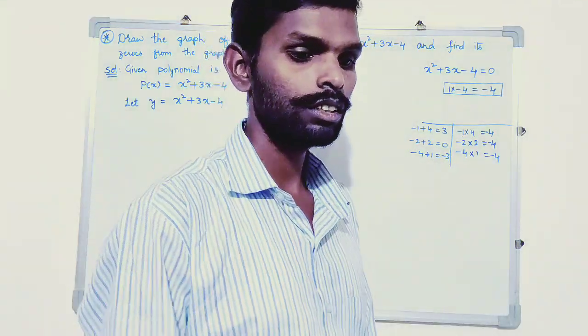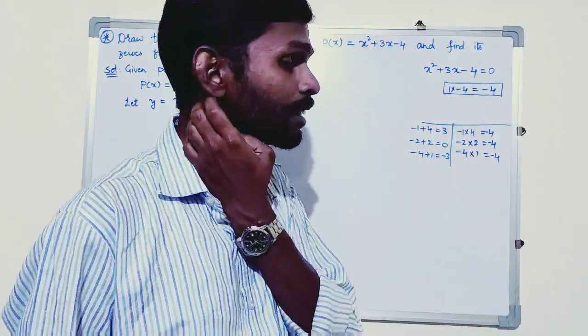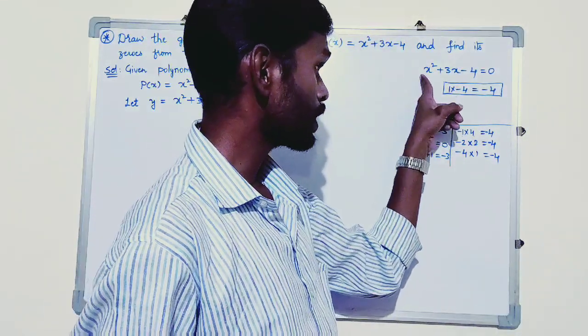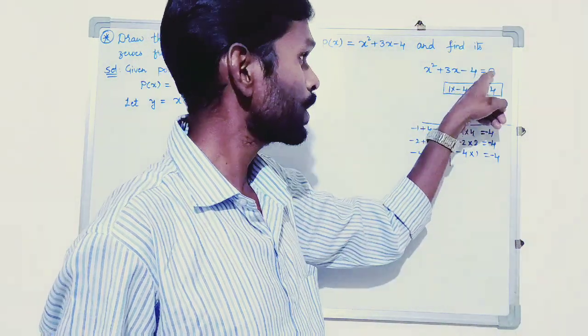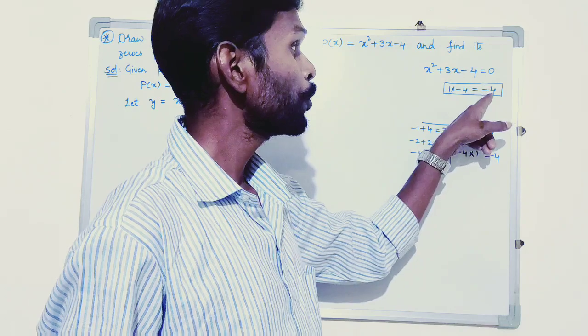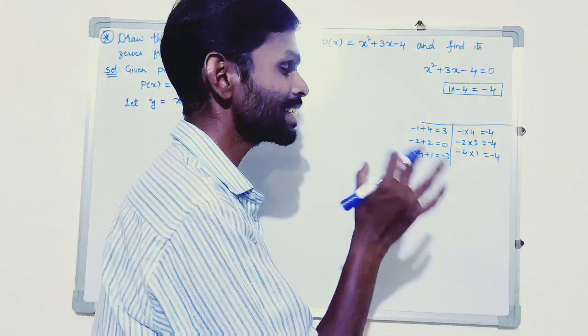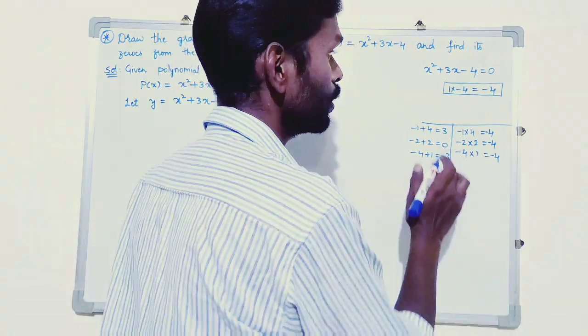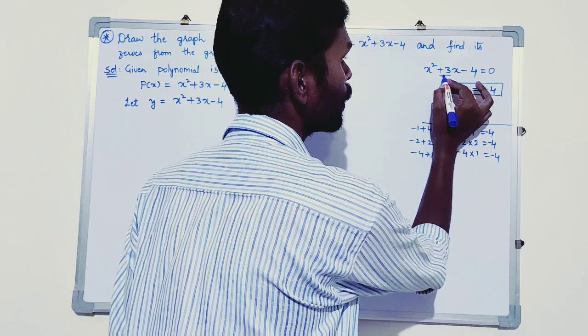Now see, if you have an idea about the factorization concept, how do we factorize generally? First step is to multiply the coefficient of x square and the constant term. You will get one product. Now you need to find the factors of that product such that the sum of the two factors must be equal to the coefficient of x.